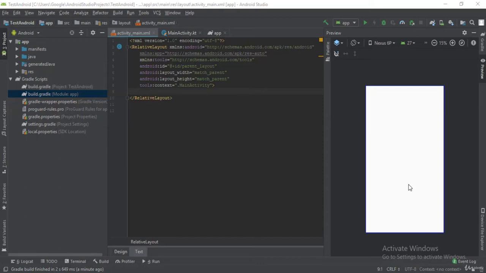Now a library is just a piece of code that is written by someone else and we can use it. Why should we use someone else's code? To add certain functionality to our application, we need to write some lines of code. For example, if we want to add a circle image view to our application, we need to add our own style and create our own files, and this will take us a lot of time. But with a library, the code is already written for us, and all we need to do is just use it.